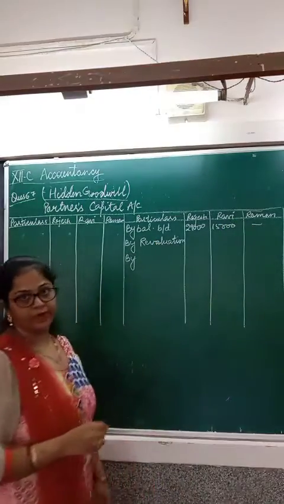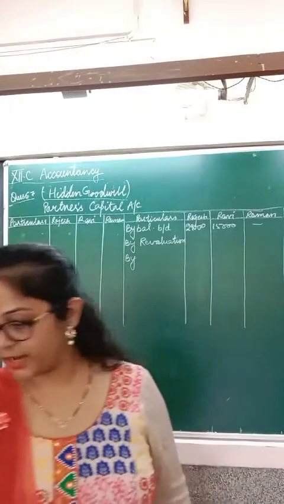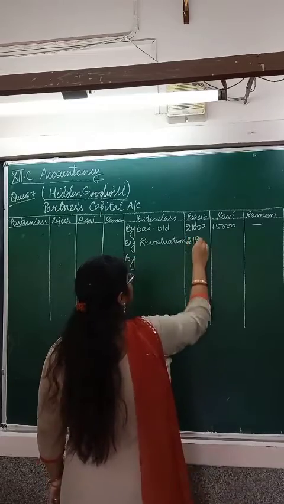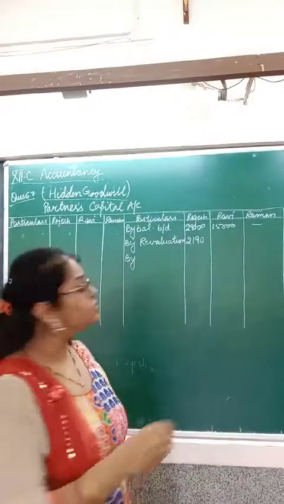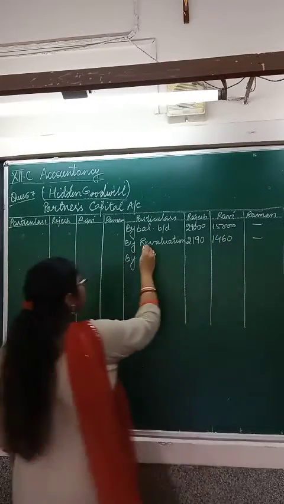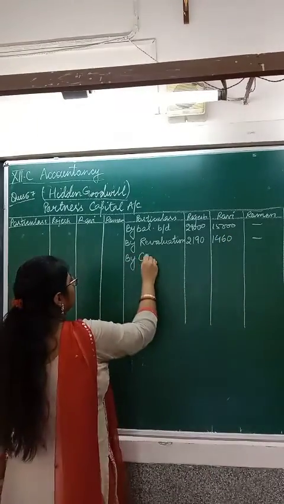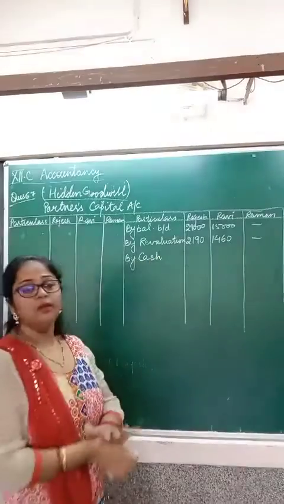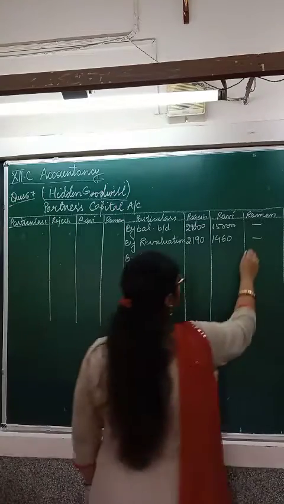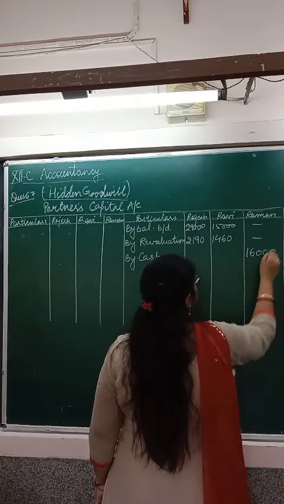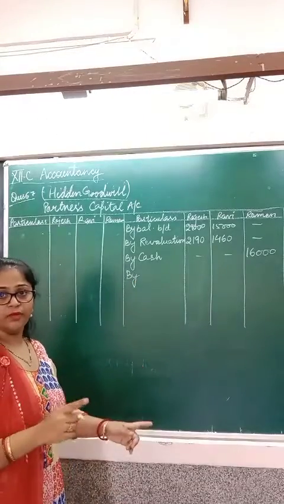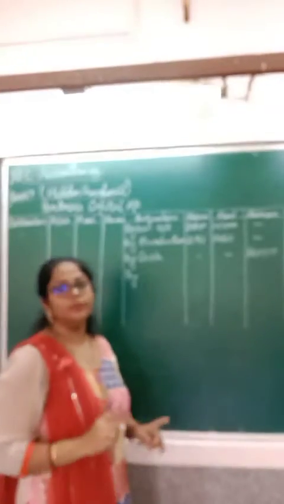The profits on revaluation which were given to Rajesh and Ravi include 2190, and for the other one it is 1460. Now, by cash, the amount of capital which was brought by the new partner Raman, this includes rupees 16,000. There is one more entry, which is for the hidden goodwill, the amount of goodwill not brought by